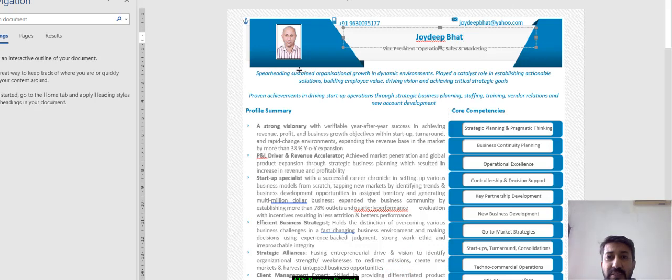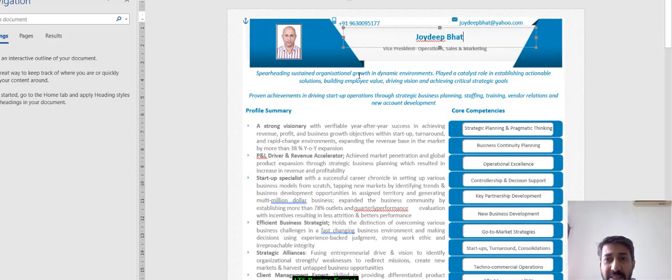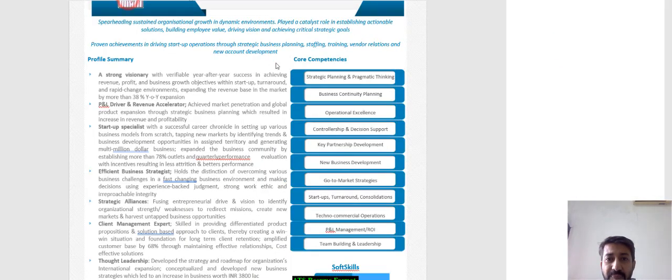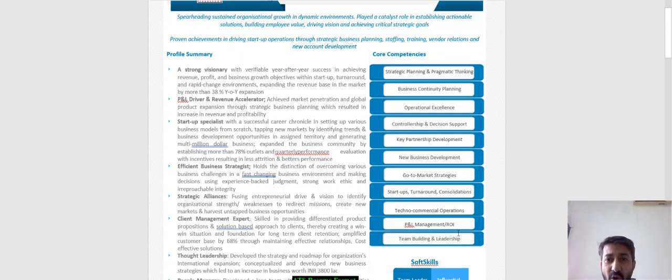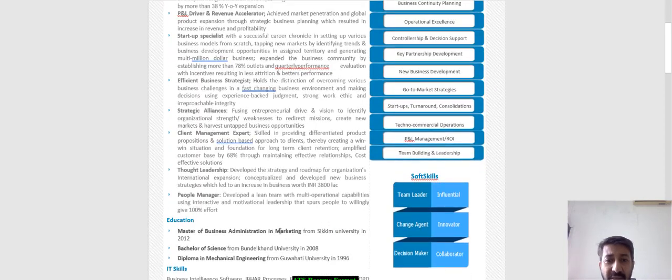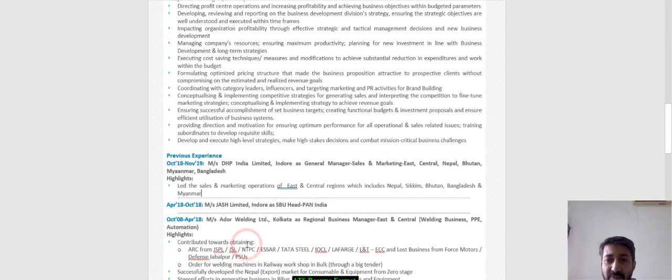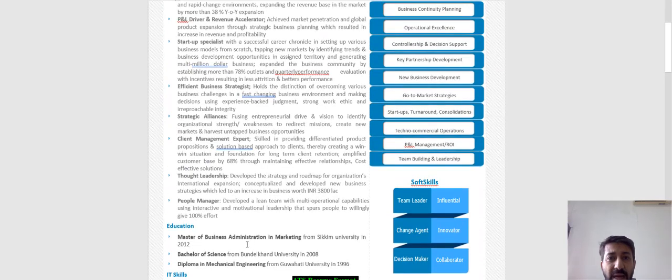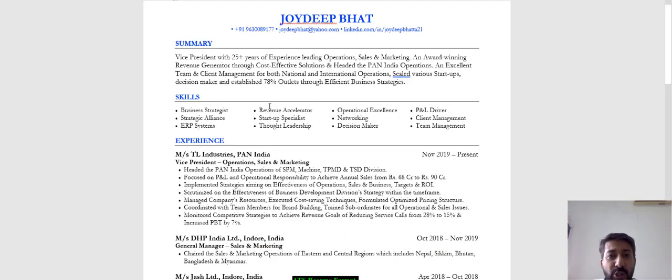Before, he was using some format which is normally available on Naukri or such other services. This was a LaTeX resume, and you could see he was using a resume format with two columns which was heavily graphic driven, and you could see the graphics here, right? This was his CV, which was more than 2 pages, and we changed the CV, and this is how we made his CV on completion.